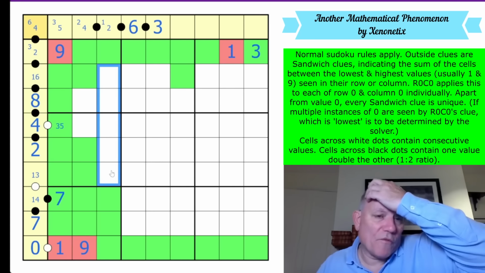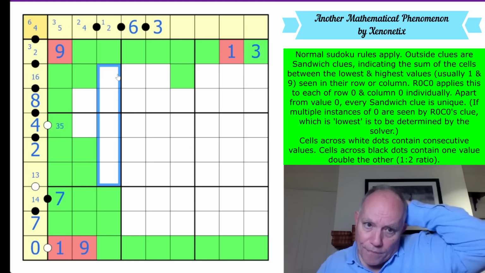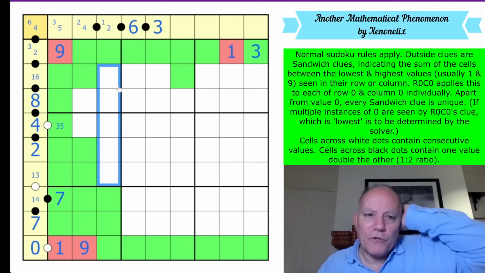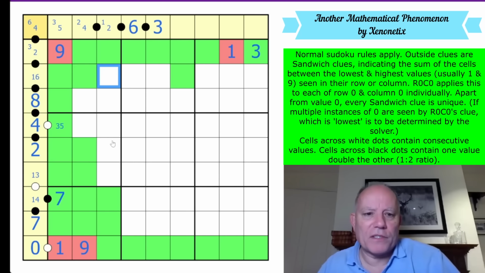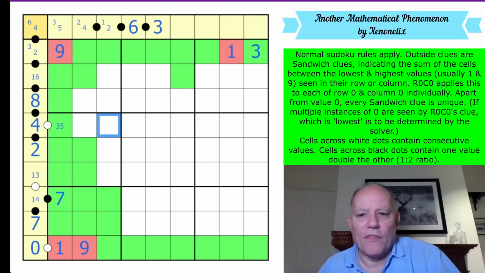We've got a 12 sandwich in column 3. That requires at least 2 cells of sandwich, and the furthest apart we could put the crusts are there. This cell is in the sandwich. One of the crusts is up here and is going to have to be a 1 because we've had 9 in the box. And now this digit is not a crust, because the 2 crusts in the box are there